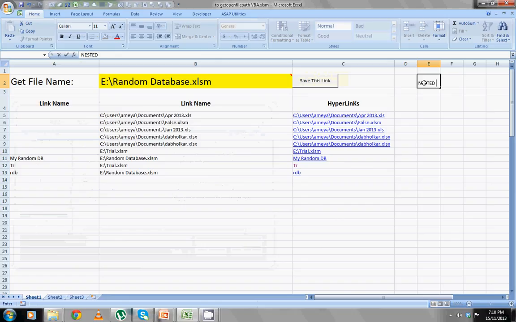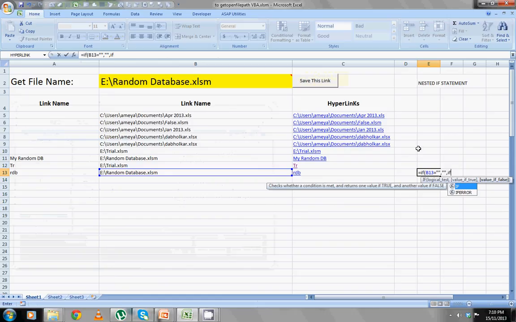For example, I will show you here: equals if this link name is blank, then I want the hyperlink to be blank, else. Now if they have given a name or not given a name, so again I need an if statement: if this equals double quotes, then we'll just use the hyperlink function, hyperlink of only this.